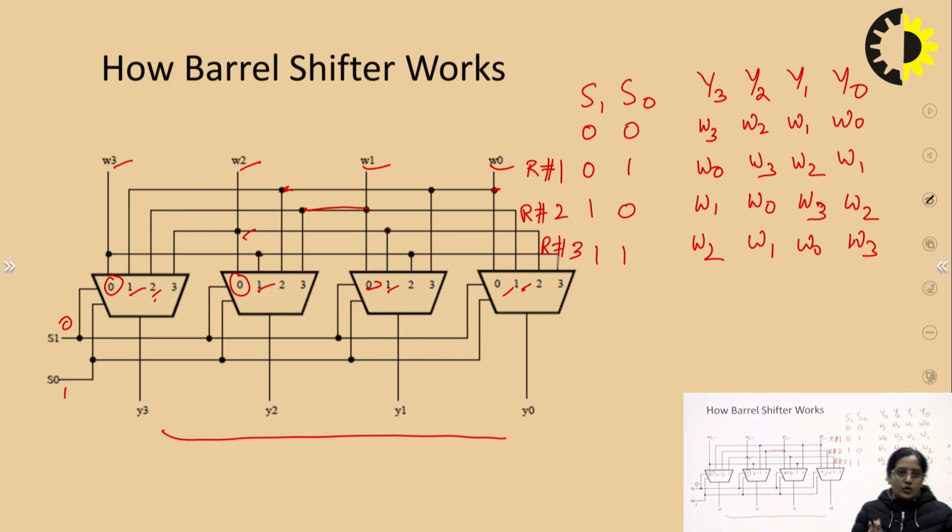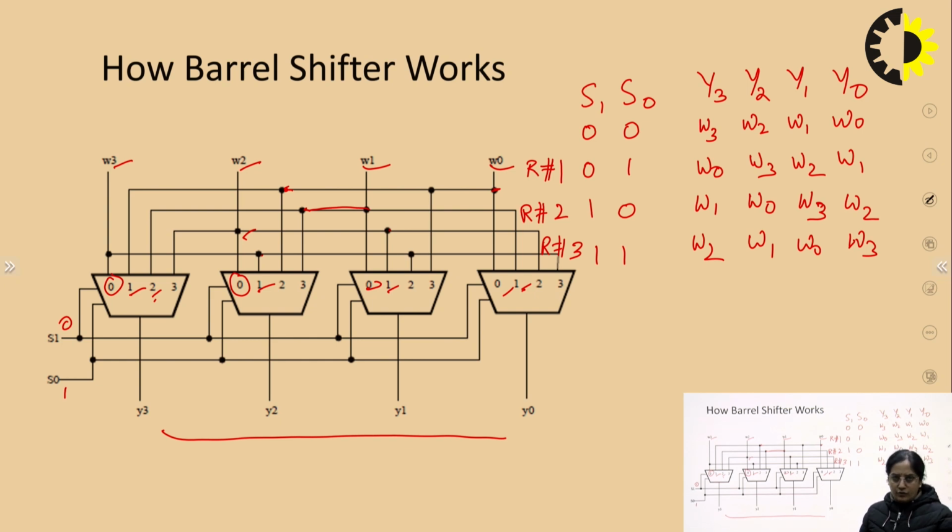Okay. So shifting right, so this is a barrel shifter where we select the line and we will perform a right shift operation. If we have to perform a left shift operation, then in that case the input connection will be changed and we have to change the selection lines combination also. So here with this connection, the barrel shifter is used for right shift operation. So depending on which type of operation we have to perform, we have to connect the multiplexer in such a way